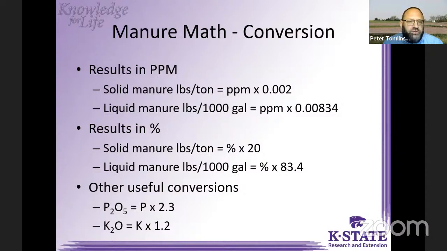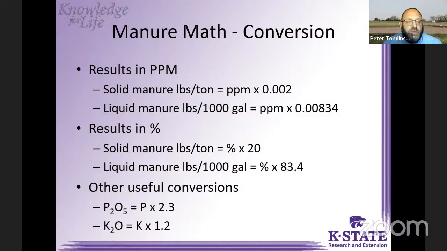But the results you receive back from the lab can be in a number of different units. You could receive those results in ppm, parts per million. For solid manure, pounds per ton equals parts per million times 0.002. If you're using a liquid manure, liquid from a feedlot, a dairy, or swine operation, and you want to convert that into pounds per 1,000 gallons, it's going to be parts per million times